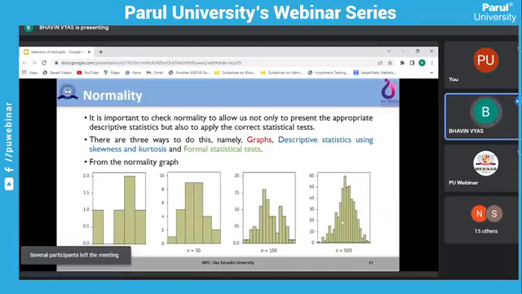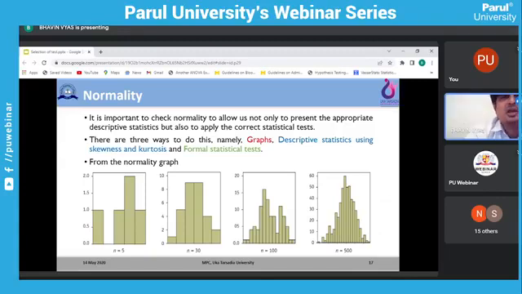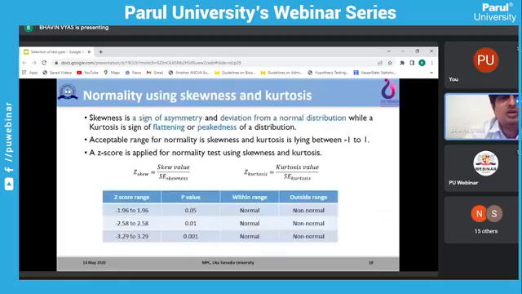This is how you can check your normality, by plotting. This is what is called normally distributed. In the center, the mean will be there, and on the left and right side it will be equally distributed. If you observe a bell-shaped curve with your data frequency, then you can say it is normally distributed. So you need to select a parametric test. If it is not, you need to select a non-parametric test.